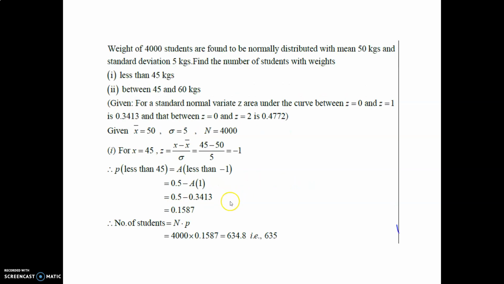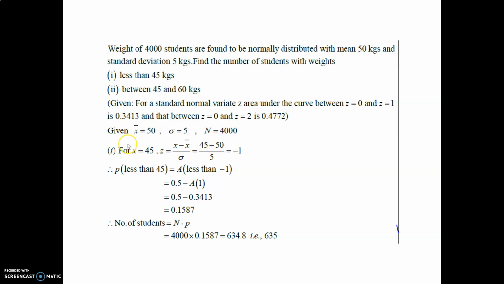The weights of 4,000 students are found to be normally distributed with mean 50 kg and standard deviation 5 kg. Find the number of students with weights less than 45 kg, and between 45 and 60 kg, given that for a standard normal variate z, the area under the curve between z is equal to 0 and z equal to 1 is 0.3413, and that between z is equal to 0 and z is equal to 2 is